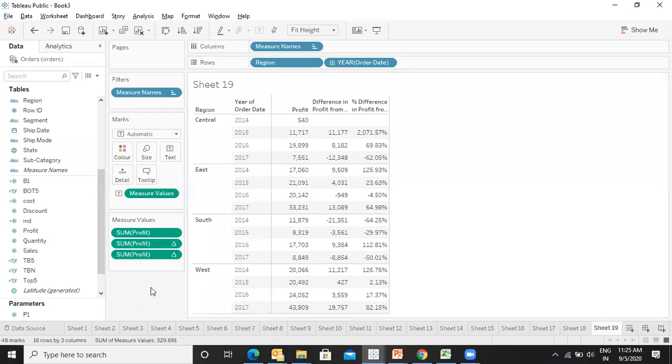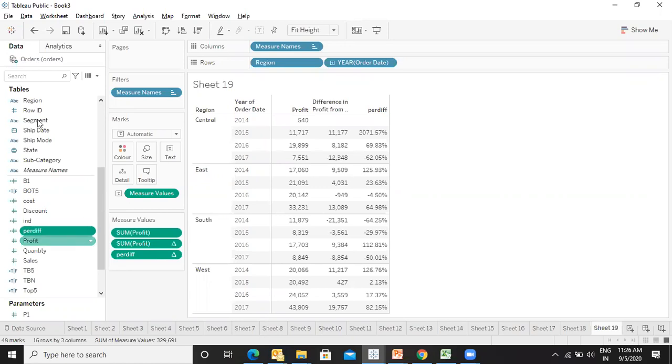So for the third one, I want a symbol, and let's name it DIFF or PERDIFF, percentage difference.